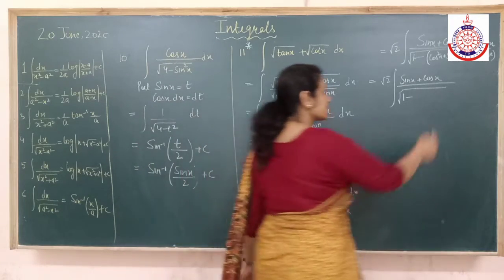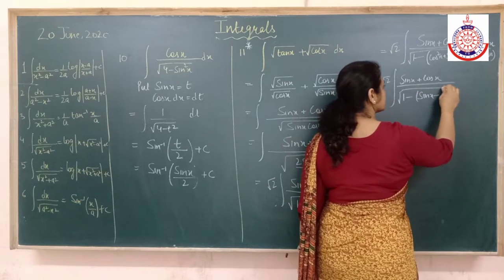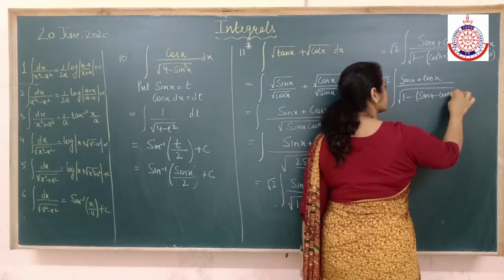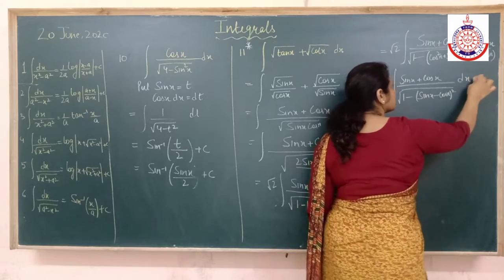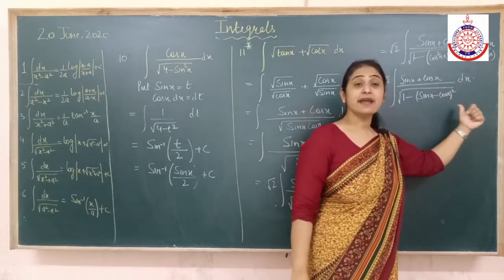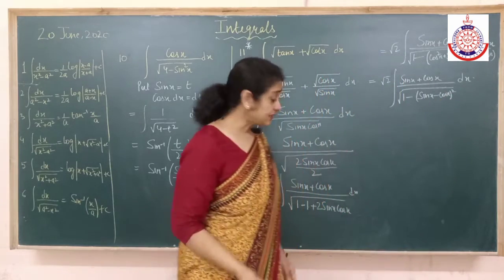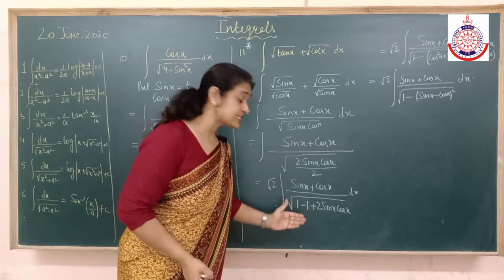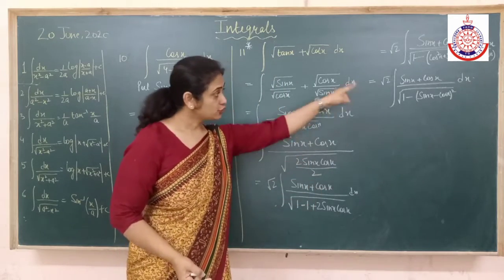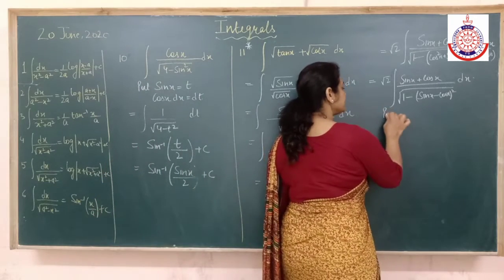So can I write it as A square plus B square minus 2AB. That means sin x minus cos x whole square. Clear? So this is what we demanded, this is what we needed, and this is what we have tried for. So we have got that. So my target is now to substitute.